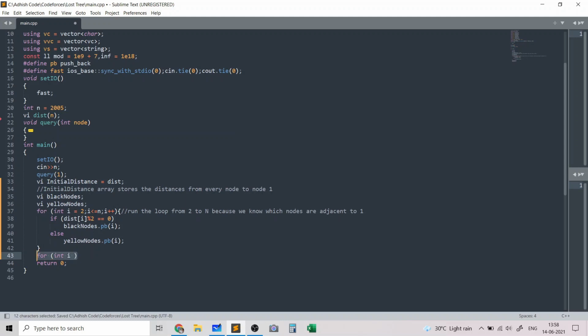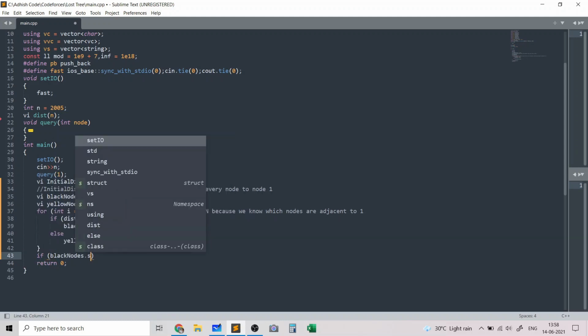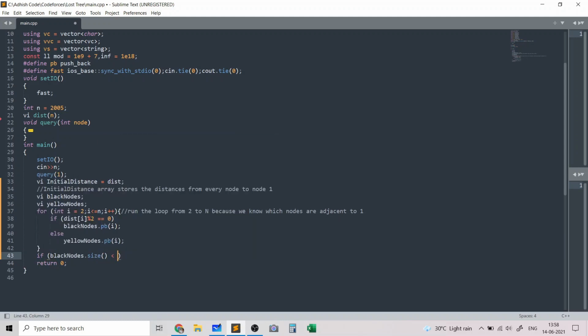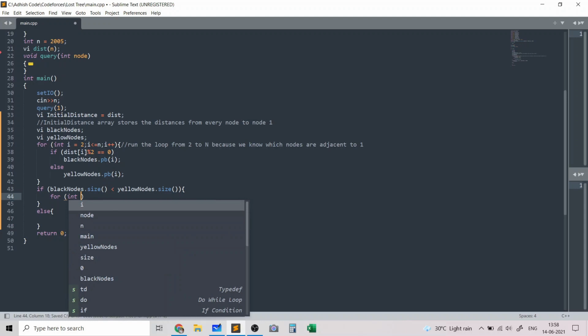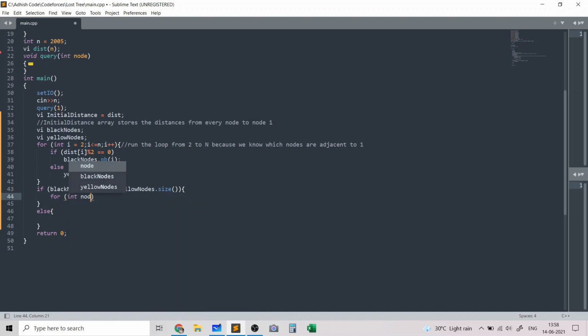Then I'll basically check if black nodes dot size is less than yellow nodes dot size. If it is, then I'll basically run the algorithm for the black nodes, otherwise I'll run the algorithm for the yellow nodes. And the algorithm is basically for each node in the black nodes, I'll call query on that node.